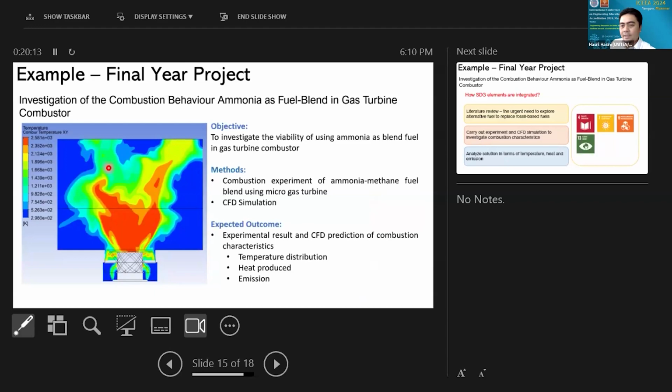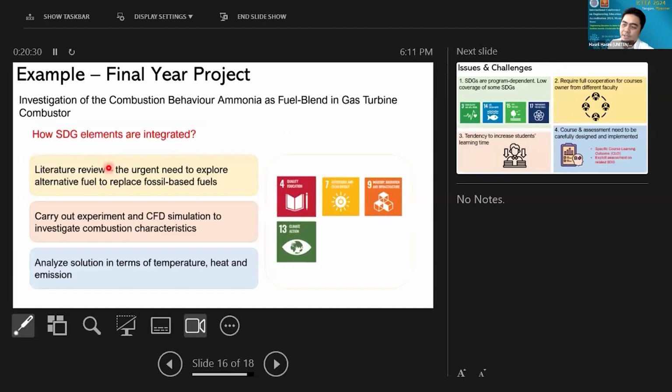So the technicality of it falls under combustion kinetics or chemistry. But in terms of the application, we want the students to understand why this is important, and what benefit it will give to the community at large.